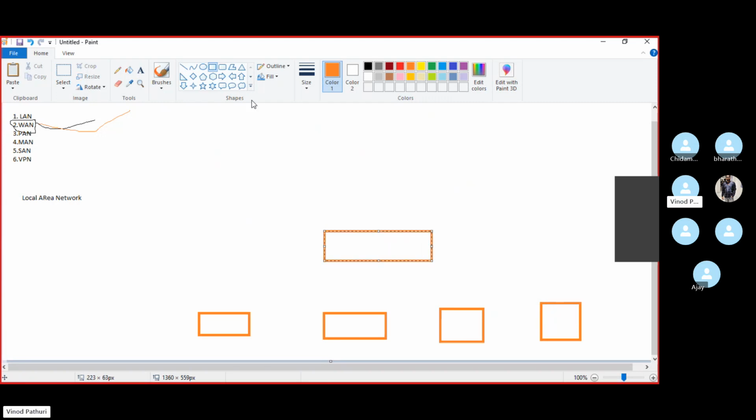So this is a switch, and above all of them we have a router. These are the four devices connected, and we have the connectivity between router and switch also.